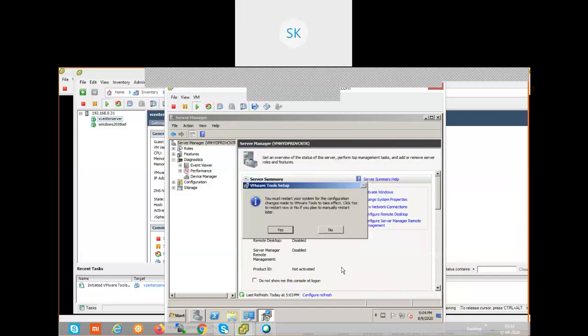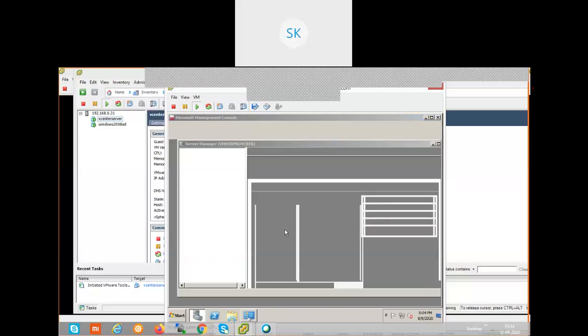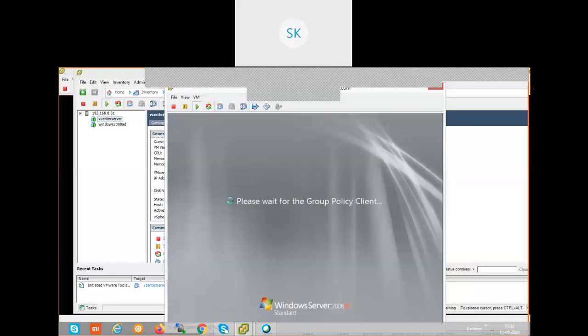It will ask for a reboot. Click on yes to reboot. So once the server is rebooted, we'll see. So whatever the operating system we are going to load, according to that operating system, for every operating system, the